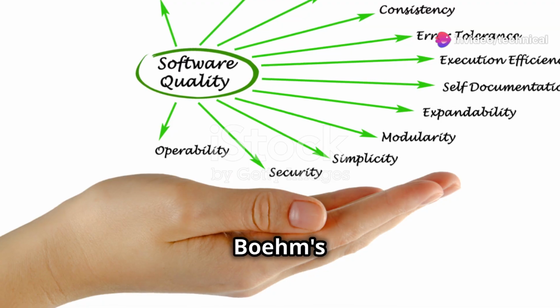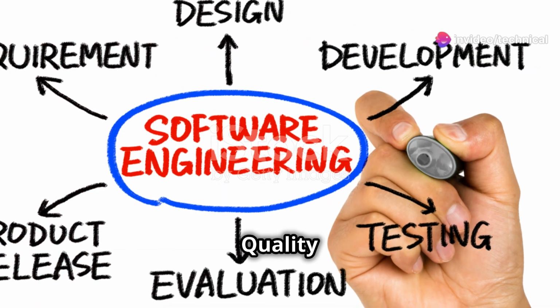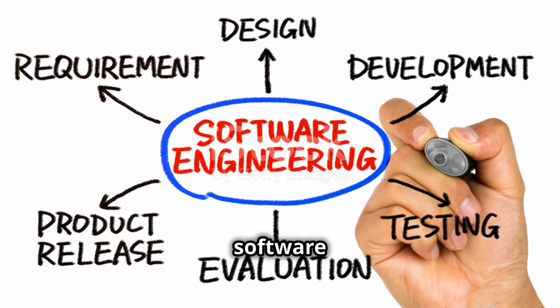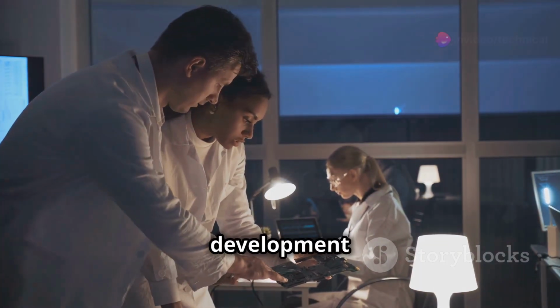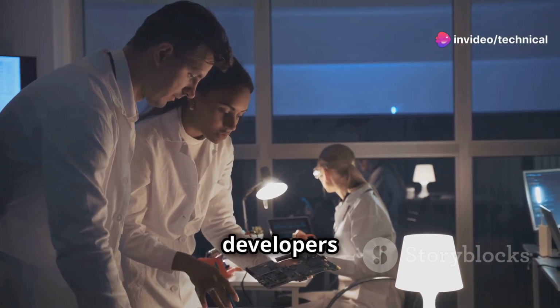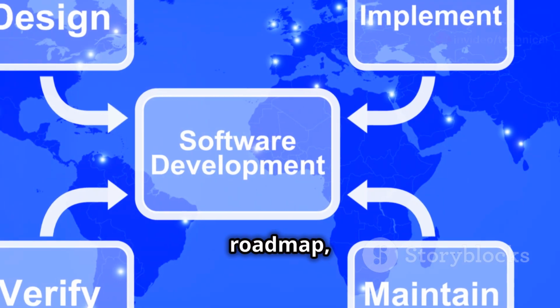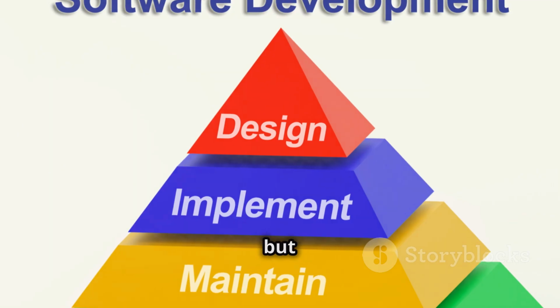Section 9. Boehm's Model, a roadmap to quality software. Boehm's quality model provides a comprehensive framework for understanding and achieving software quality. By considering each quality factor throughout the software development lifecycle, from requirements gathering to testing and maintenance, developers can build better software. The model serves as a roadmap, guiding developers towards building software that is not only functional, but also